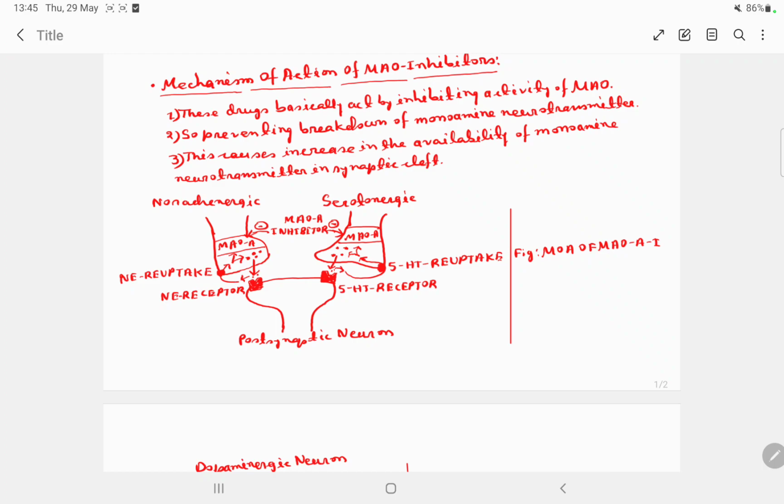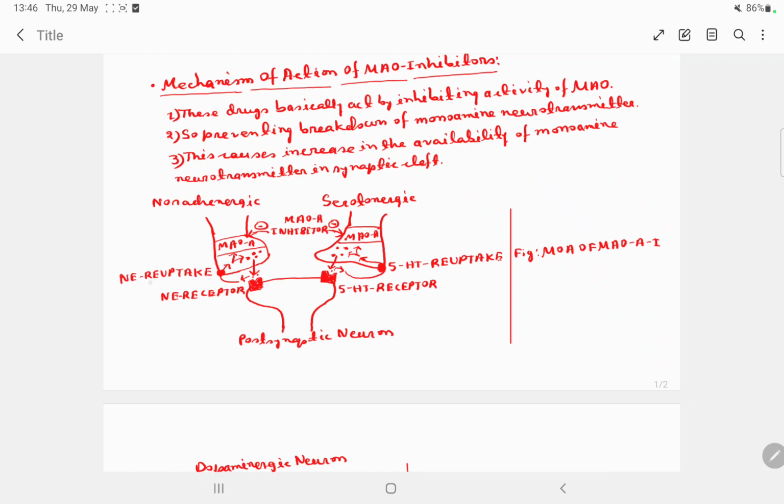Noradrenaline and serotonin are present in the synaptic vesicles, and during transmission they are released from the synaptic vesicles. They are stored there, and calcium and other factors cause the release of these neurotransmitters, and they act on the respective receptors present on the postsynaptic neuron, that is, norepinephrine acts on the norepinephrine receptor here, and